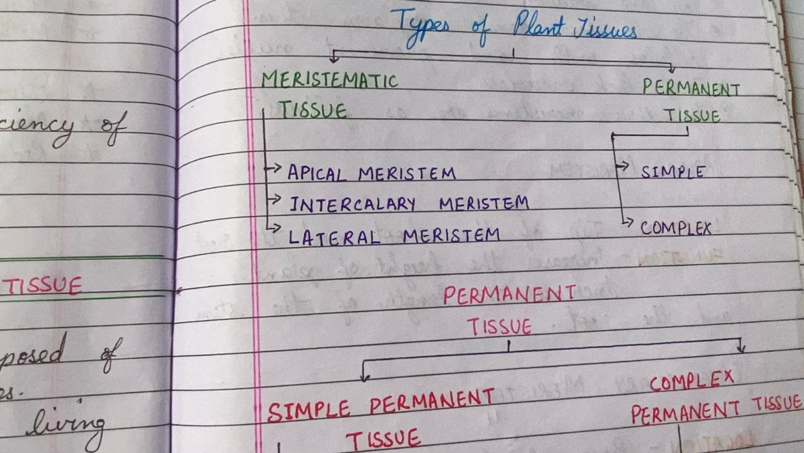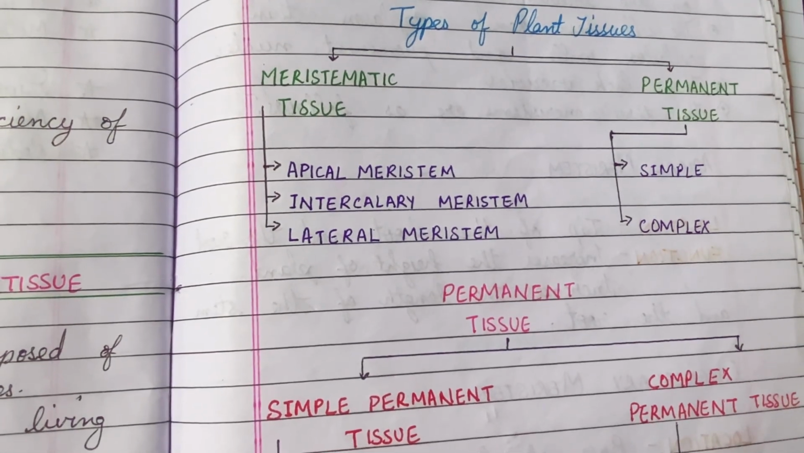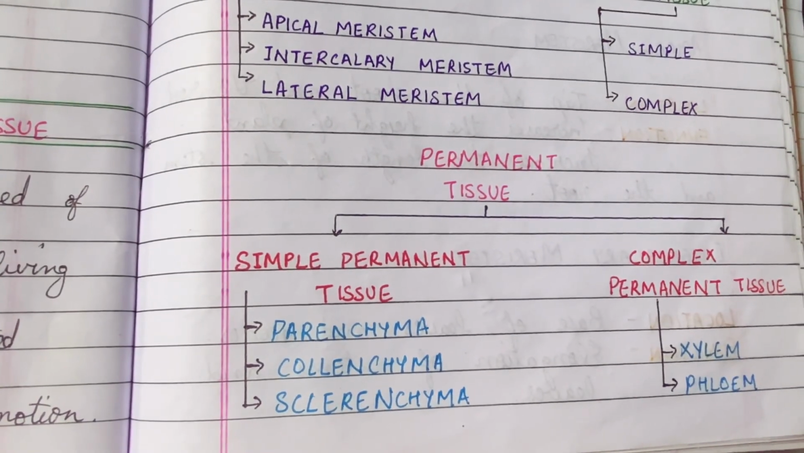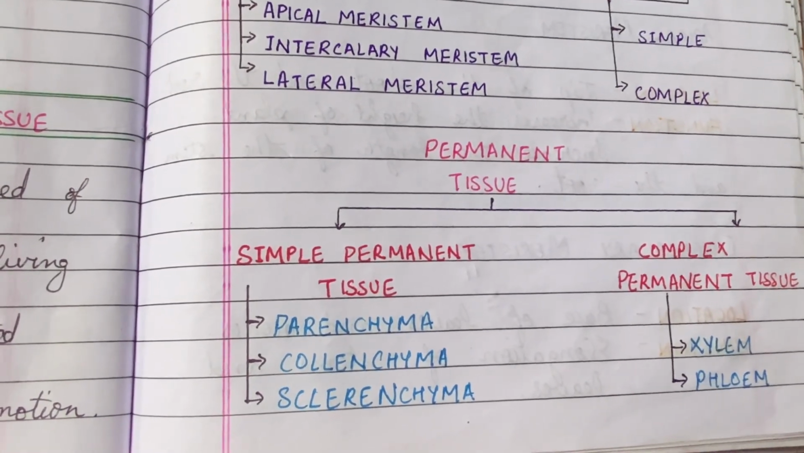Plant tissues are of two types, meristematic tissue and permanent tissues. The meristematic tissues are further divided into three types, apical meristem, intercalary meristem, and lateral meristem. The permanent tissues are divided into two types, simple and complex. Simple permanent tissue is divided into three types, parenchyma, collenchyma, and sclerenchyma. Complex permanent tissues are